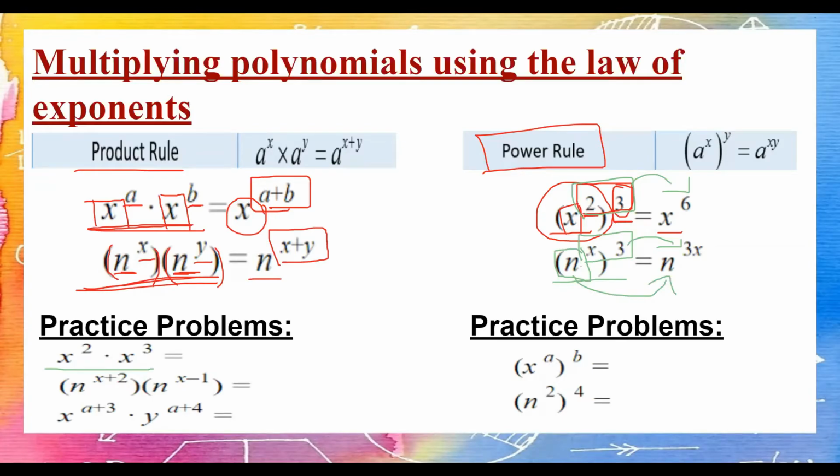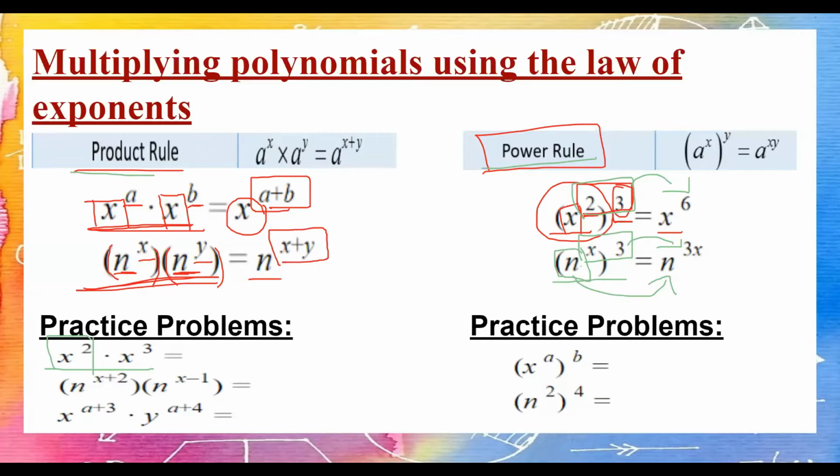Okay, guys. Let me actually show you this. This is a little confusing, given that I told you the product rule and the power rule at the same time. And you're like, when are we supposed to multiply and when are we supposed to add again? Basically, if you have two terms that are being multiplied together,